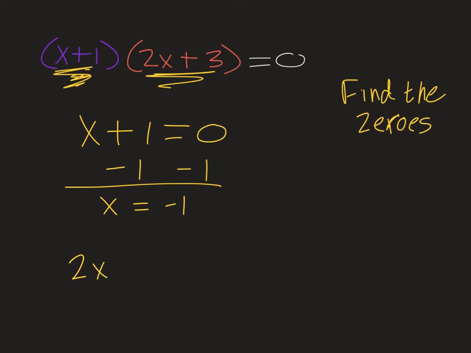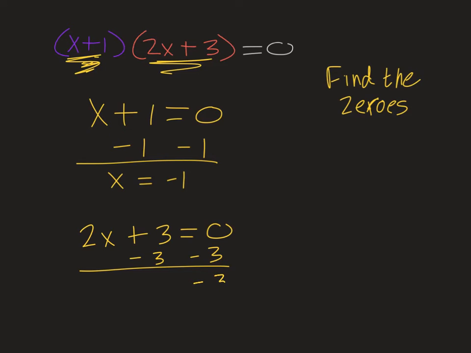Then we would have to solve the other equation, 2x plus 3 is equal to 0. Subtract 3 from both sides. That is going to leave us with a -3 over here, 2x. And then last but not least, we need to finish isolating the x, and we're going to do that by dividing both sides by 2. So my final solution, because remember we like to leave them as fractions, one solution is -3 over 2, and